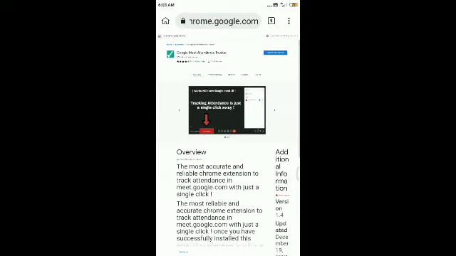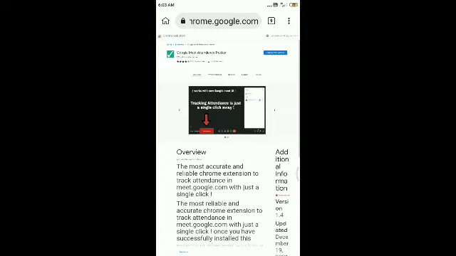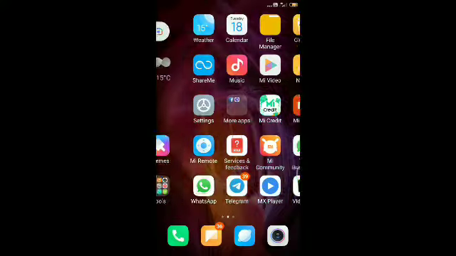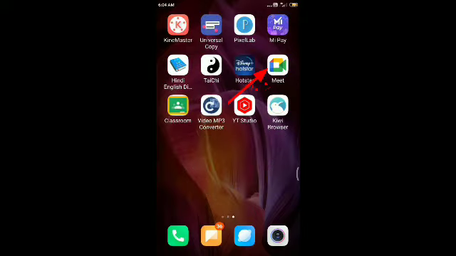One more thing I would like to suggest here is, after installing this extension, you will not be able to take class from the Google Meet app, because if you create a meeting from there, you will not be able to use this extension. Suppose you have to take one class, so I will not go on Google Meet.